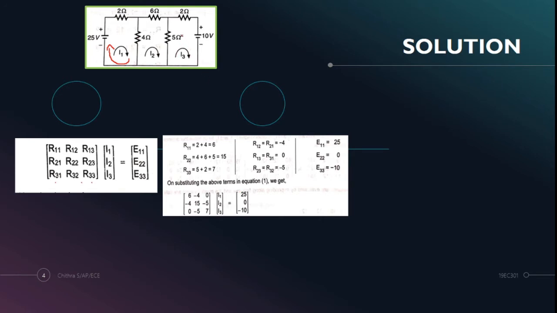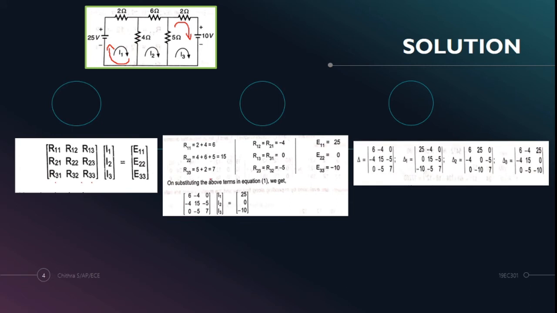And here, the current goes like this. If it is plus to minus, we will represent the voltage as minus 10 volts. I repeat once again: it is coming in this direction and it rotates and goes back like this, so it goes from a negative polarity to a positive polarity. Minus to plus means the leaving terminal is positive, so this will be represented by plus 25 volt. And in the third mesh, the current leaves from the negative terminal, so this voltage will be represented by minus 10 volts. That is how we get the general matrix for the mesh current method.